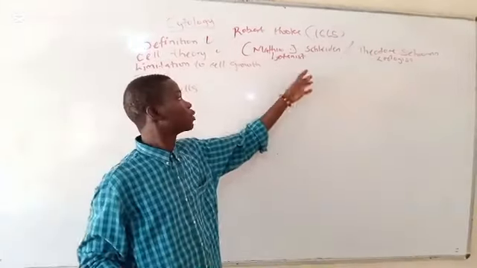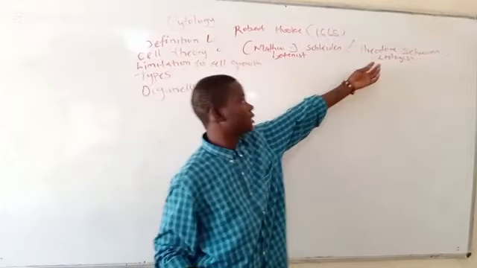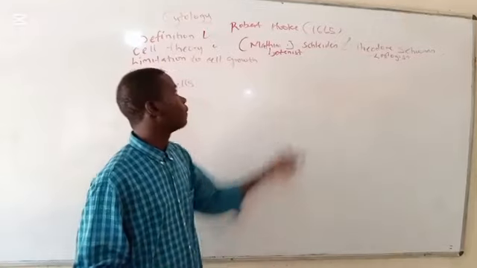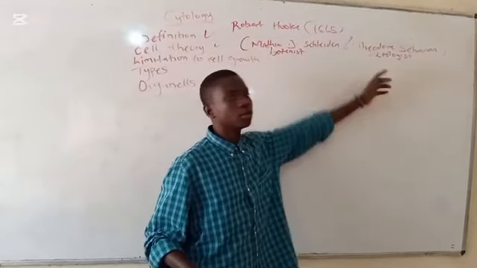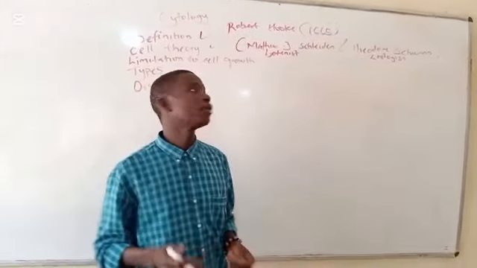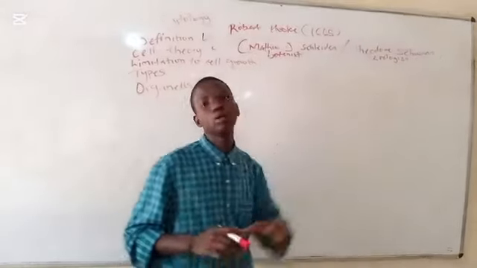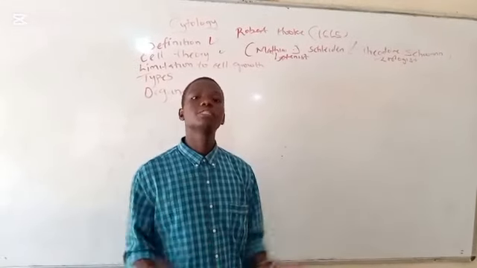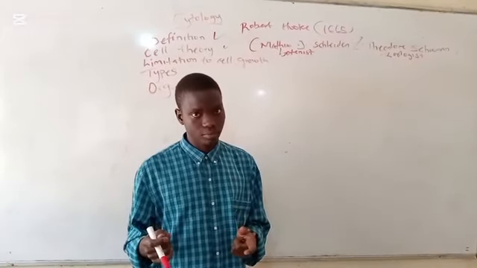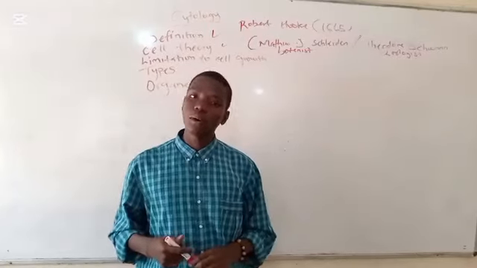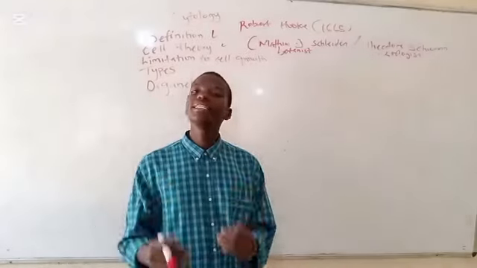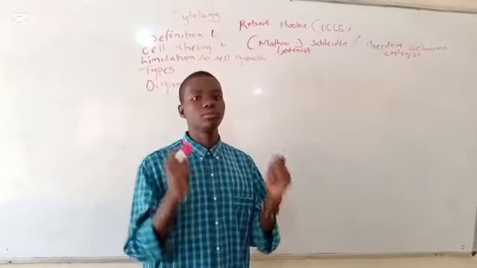by botanist, I mean he was somebody that studied plants, while Theodor Schwann was a zoologist, meaning he was somebody that studied animals. Now, both Matthias Jacob Schleiden and Theodor Schwann were busy experimenting on both plants and animals. And the result they had was that both plants and animals were made up of cells. Now, this brings them to the conclusion that all living things are made up of cells, which is one of the cell theory. So, one among the cell theory is that all living things are made up of cells. In other words, for anything to be termed living, it has to be made up of cells.